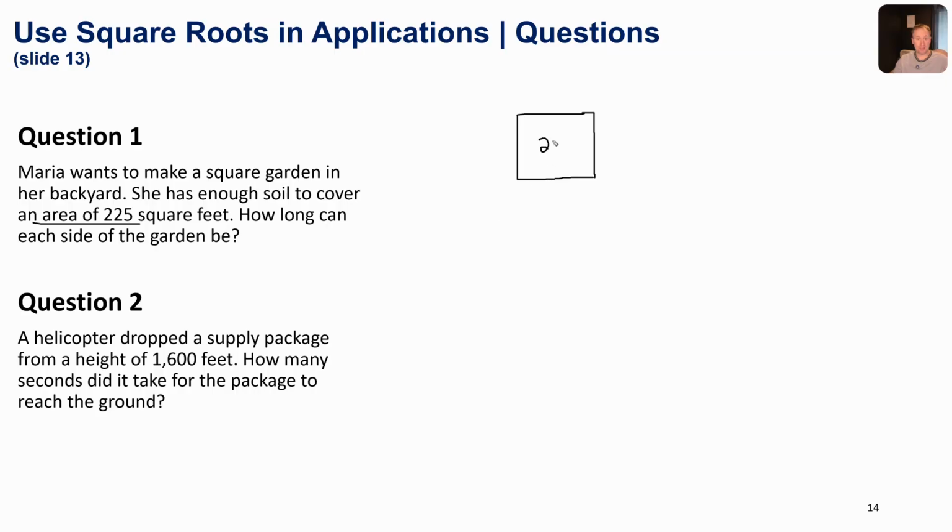So basically, on the inside of the square, we're looking at feet squared in this case. So in other words, we're asked to find how long each side of the garden can be. In other words, what we're really asked to find is what the side length is that allows us to get an area equal to 225. So if I was to write an equation here, really the equation is s squared, for side,